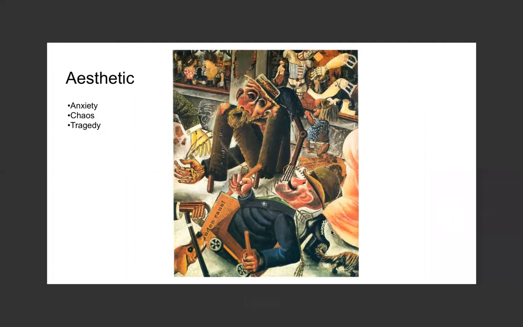All these different parts of it interacting with each other in a chaotic manner brings forth this anxiety, and there's a sense of tragedy as well. I think that you can be sympathetic with this figure in the middle and recognize that it's been through something. We're not so sure yet what it's been through, but